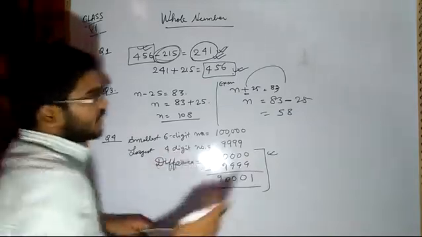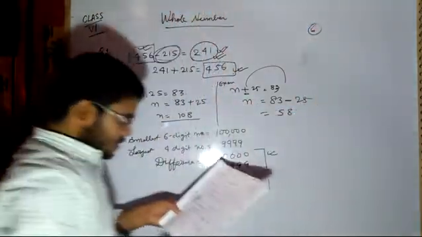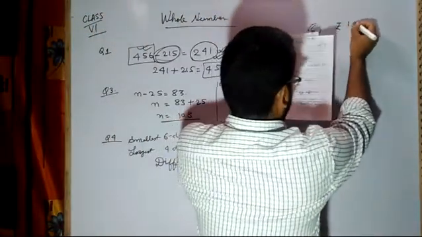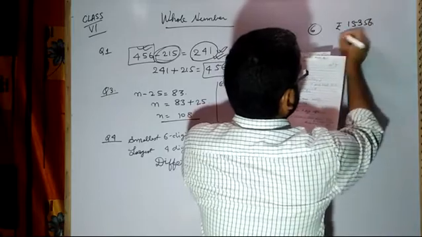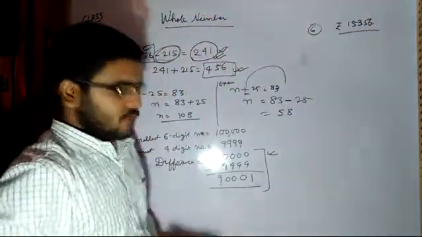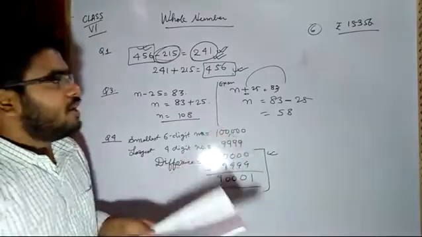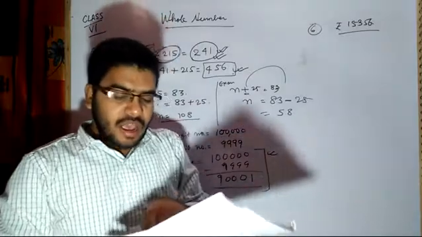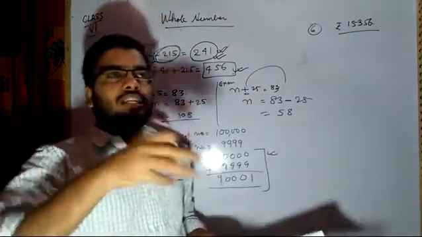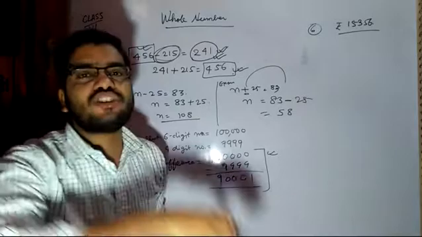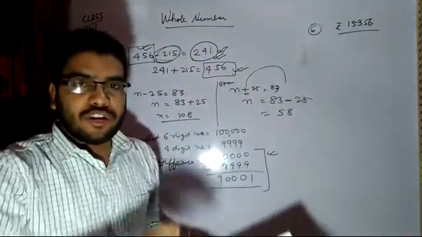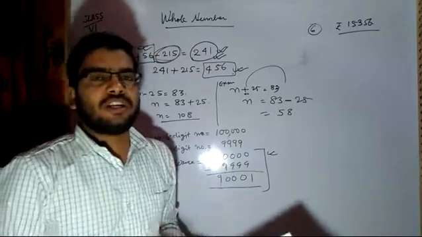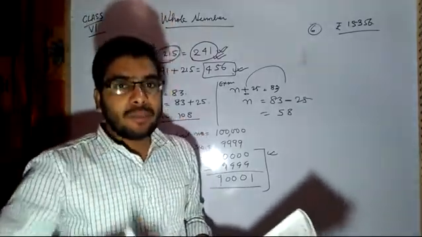Now question number 6 says that Pankaj has rupees 1,503.56 in his bank account. Now what he did in a particular month, he was having actually 15,356 rupees, and then he deposits a certain amount of money. Deposit means addition of money in that account, and he withdraws some portion of the money from that account. Means when we say deposit it means plus, withdraw means minus.